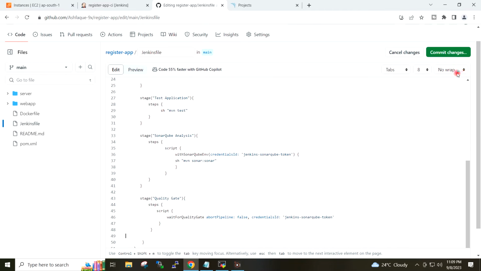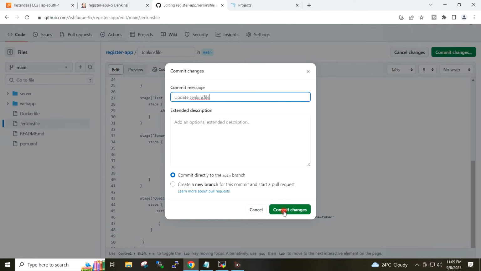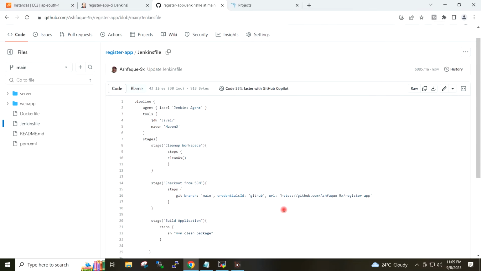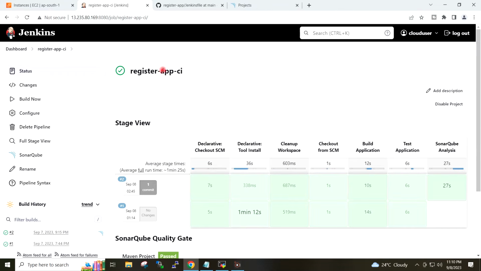I will save the file, and I will again go back to my job on the Jenkins, and I will click here on build now.